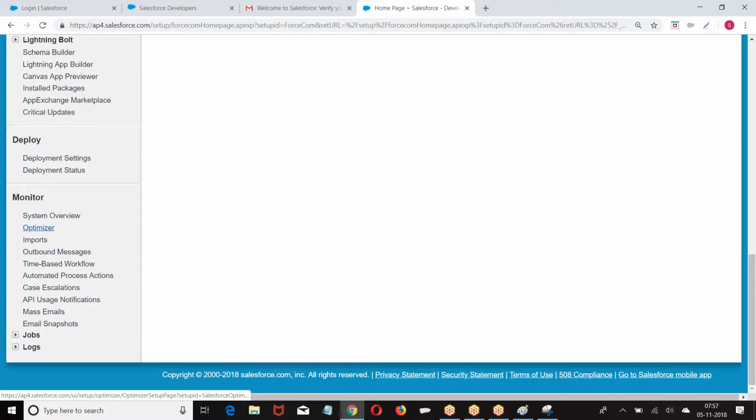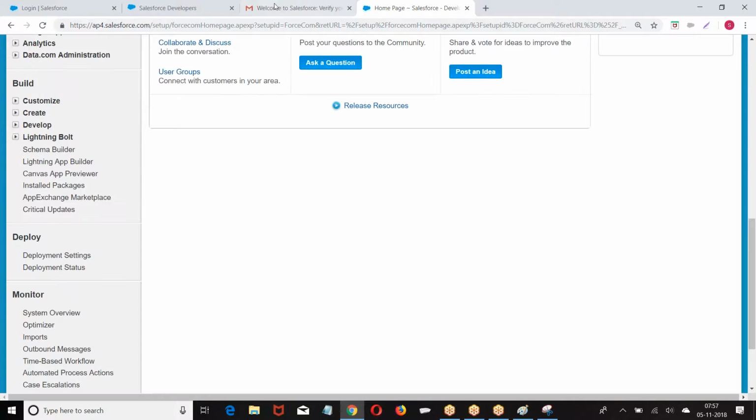What is that menu bar? List of options that Salesforce is offering on the platform. On the Force.com platform, whatever options Salesforce is giving you, all those options will be displayed to you on the left corner, which is called setup menu. When do you open that? When you click on the setup button, automatically they will be open.